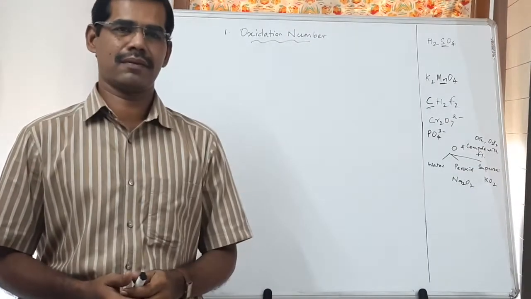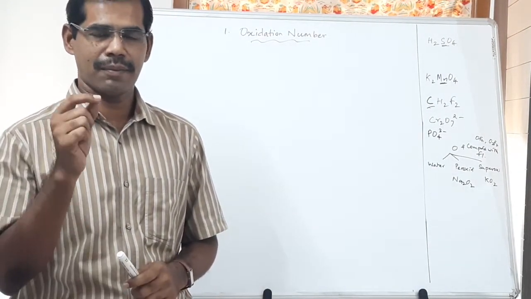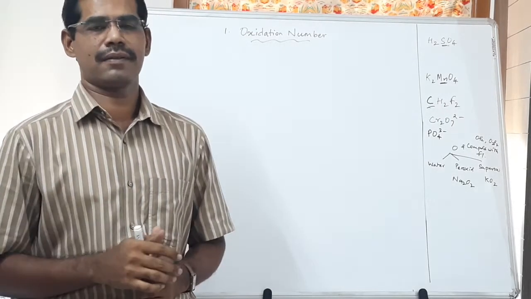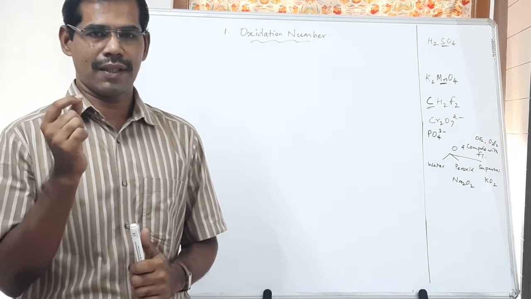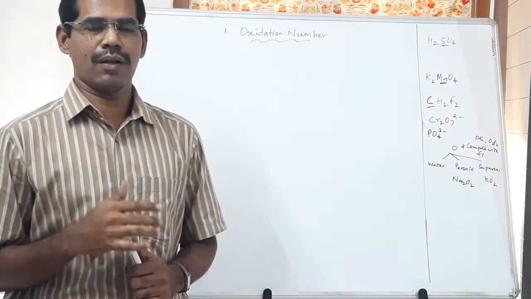Oxidation number, according to the definition, is defined as the charge that comes on an element. That is a charge that comes on an element as a result of loss or gain of electrons while forming